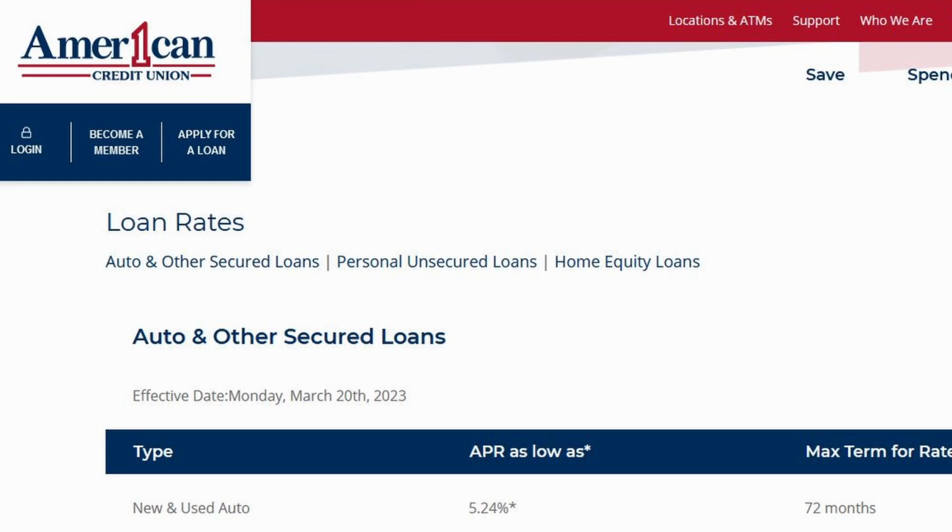I financed a 2007 Infiniti before through them. It's really easy with them. Their interest rate is generally lower than pretty much anybody's I've seen. My SD card filled up. Forgot what I was saying, but seriously, man, if y'all are thinking about getting a car loan